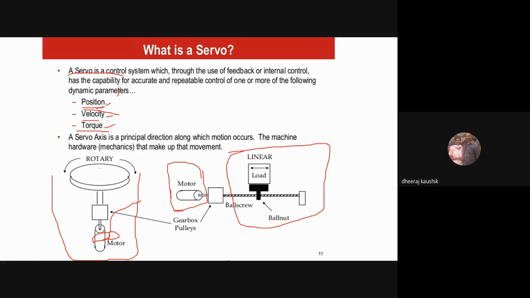When it is connected to a microcontroller, you can actually control the load and everything. The objective here is to move the load from here to here safely. So you can adjust the position of the load according to the weight, you can adjust the velocity, and you can also adjust the torque. The objective here is then completely satisfied.